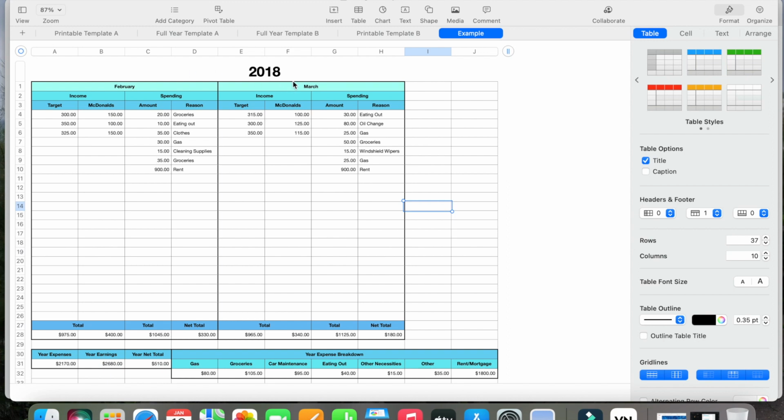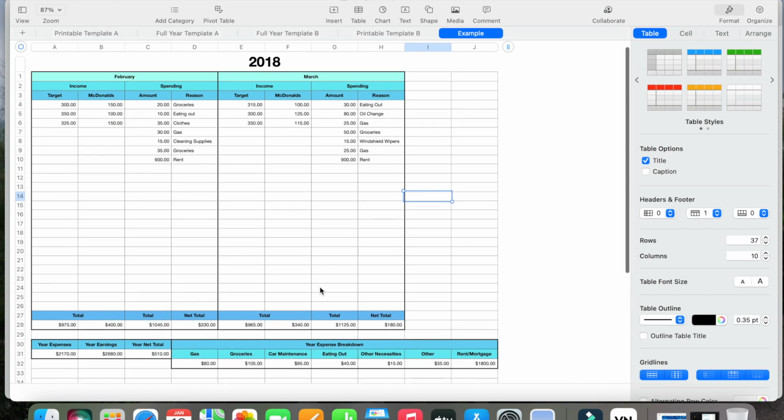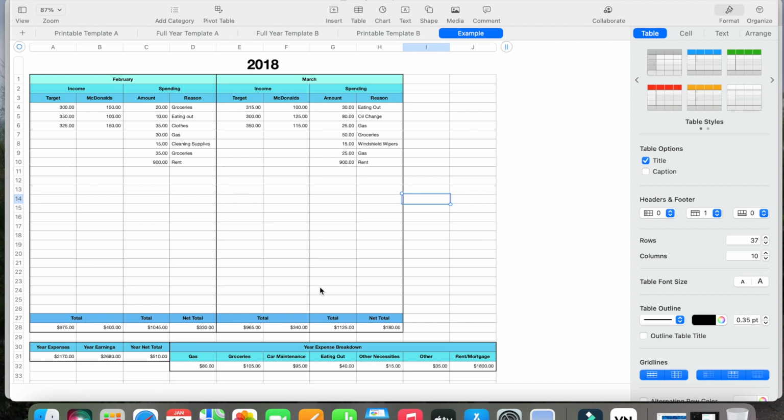So first of all, this first page that we're looking at is the example page. This is part of the package. It is something that you can use for reference, going through when you're utilizing the templates, if you're forgetting how something looks or whatever. So I'm just going to go over